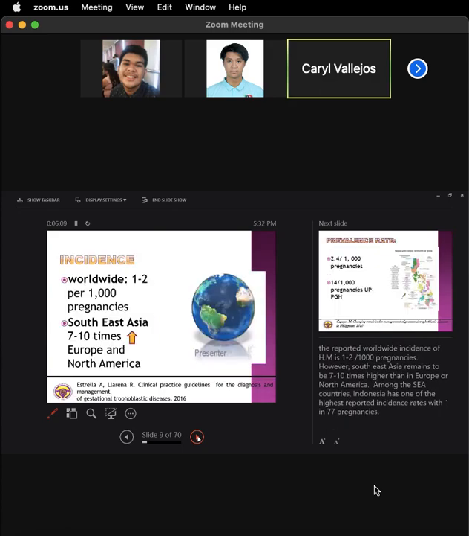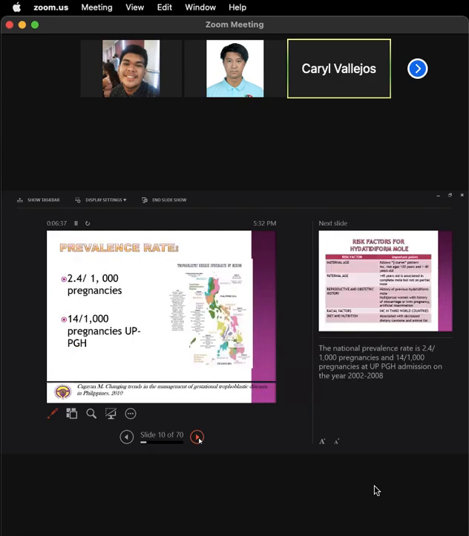For the incidence, the reported worldwide incidence of hydatidiform mole is 1 to 2 per 1,000 pregnancies. However, in Southeast Asia it remains 7 to 10 times higher than in Europe or North America. Among the Southeast Asian countries, Indonesia has one of the highest reported incidence rates, with 1 in 77 pregnancies. The national prevalence rate is 2.4 per 1,000 pregnancies, and 14,000 per 1,000 pregnancies in UPPGH admissions in the